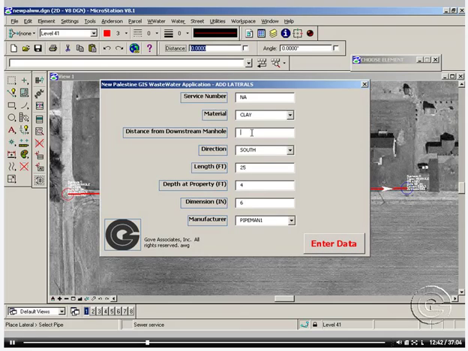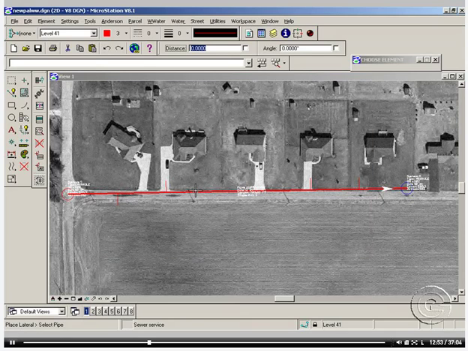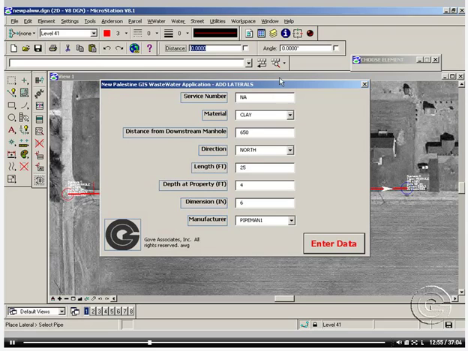So we could go ahead and let's say this time we just have 600, another lateral, or 650 maybe, and then our lateral is going north, and go back, hit enter data, and then tag that pipe, accept, and then as you can see,